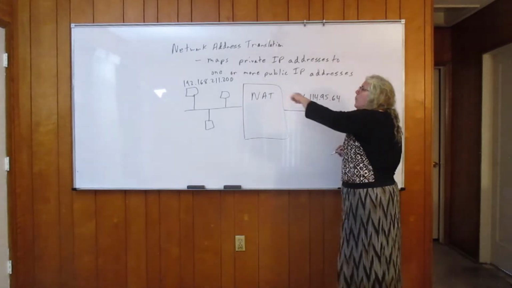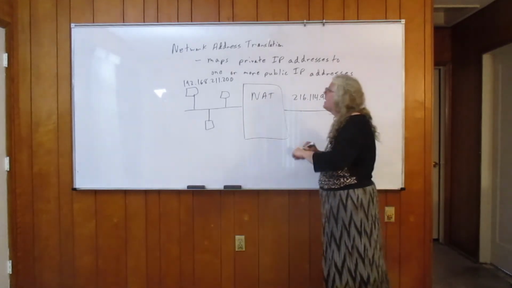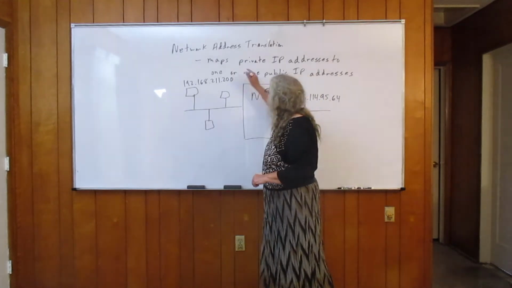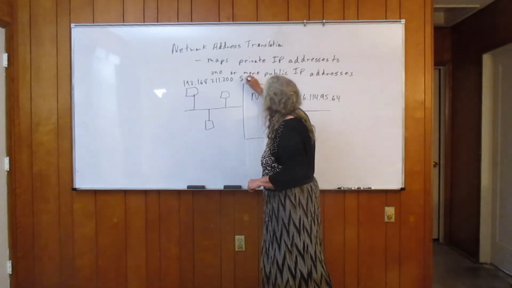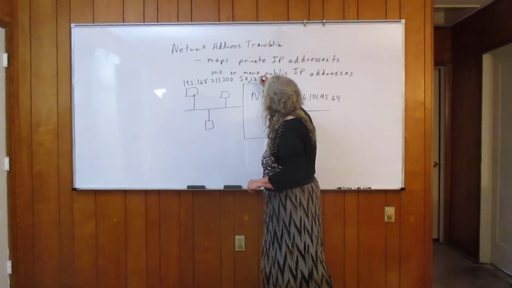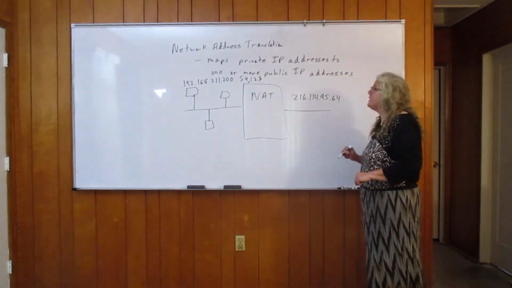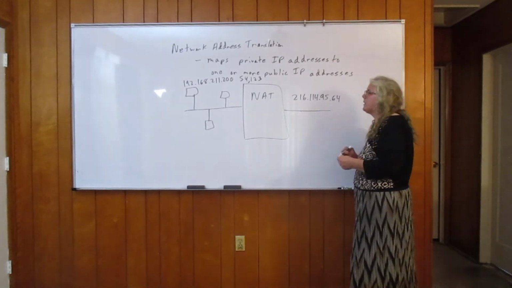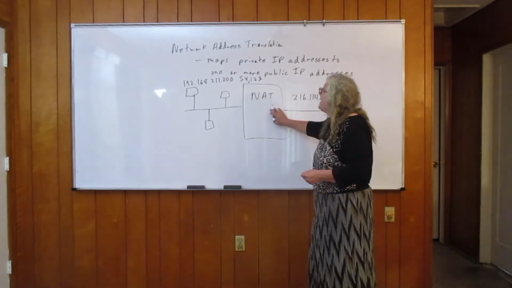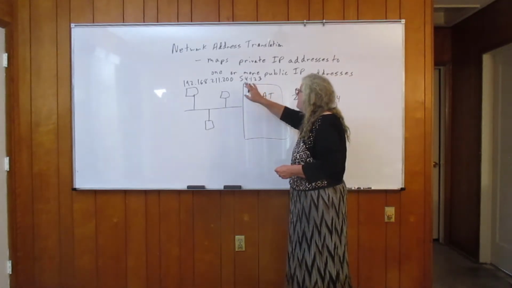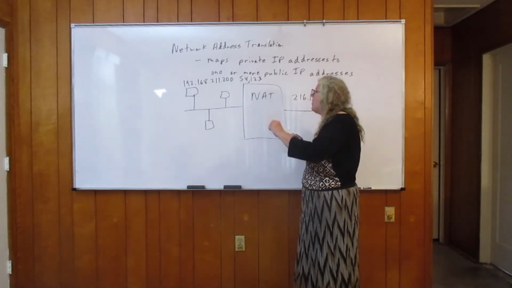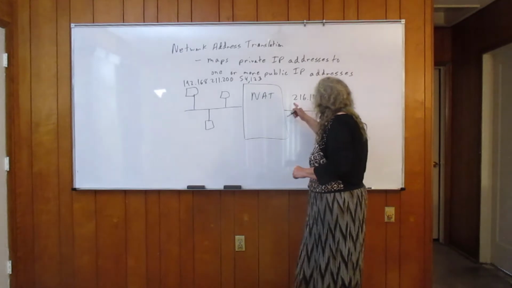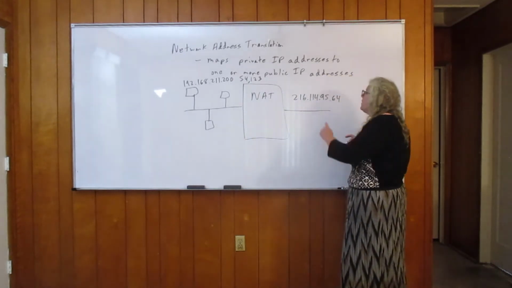So, for instance, 192.168.211.200, that will be our source IP address, and we'll have an ephemeral port, because we've got a client that's requesting a service, of 54,123. What the NAT does is it maps that source IP address and source port to a different port. It maps it over to a port that's associated with